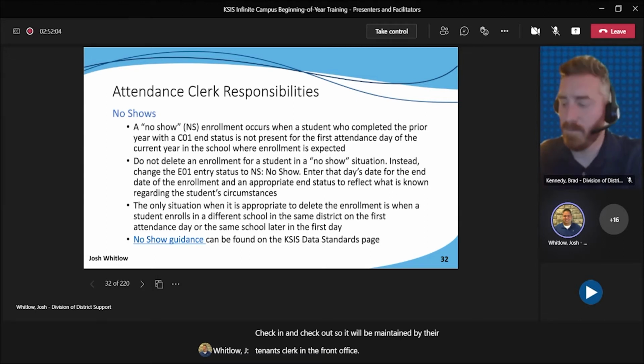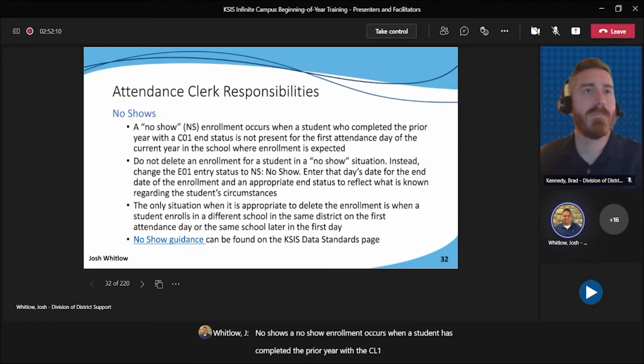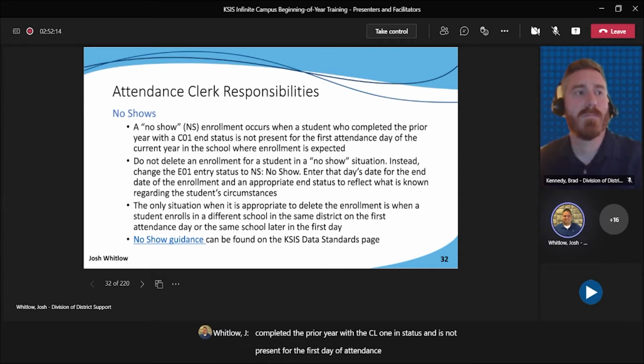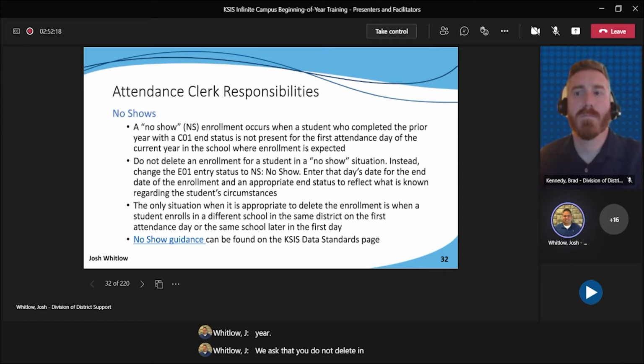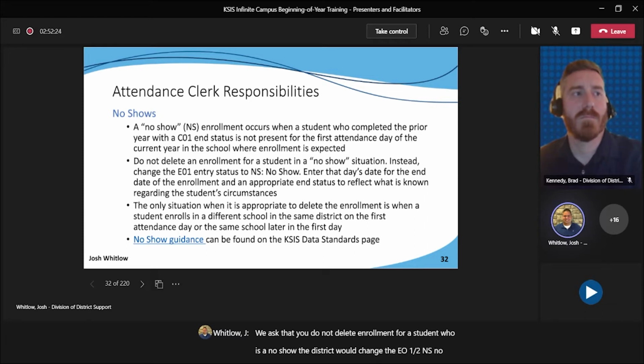No-shows. A no-show enrollment occurs when a student has completed the prior year with an E01 status and is not present for the first day of attendance for the current school year. We ask that you do not delete an enrollment for a student who is a no-show. The district would change the E01 to an NS, no-show, and enter the student's first day